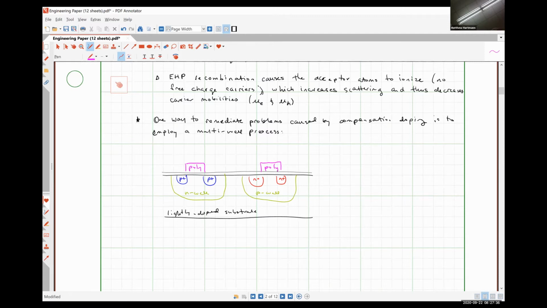So one downside to this is that it's going to have significantly more processing steps because we can't create an N well and a P well simultaneously. But the upside is that since the electron and hole mobility is proportional to the sum of the donor and the acceptor ions, using a lightly doped substrate means that we don't have to compensation dope as much. So let me write that down for you guys. Since mu E and mu H are proportional,